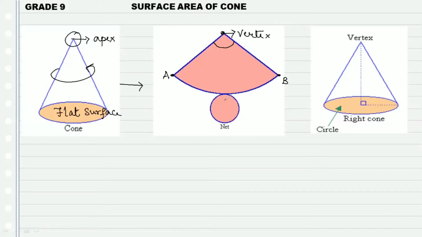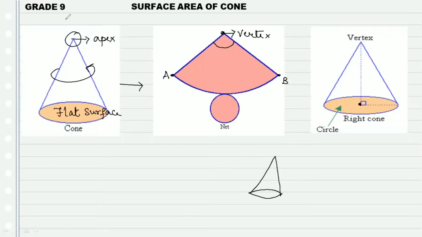Okay. Now let us understand what right circular cones are. The cones in which the vertex is perpendicular to the center of the base are known as right circular cones. Then what if the vertex is not perpendicular? Then you can find this type of cone as well, isn't it?